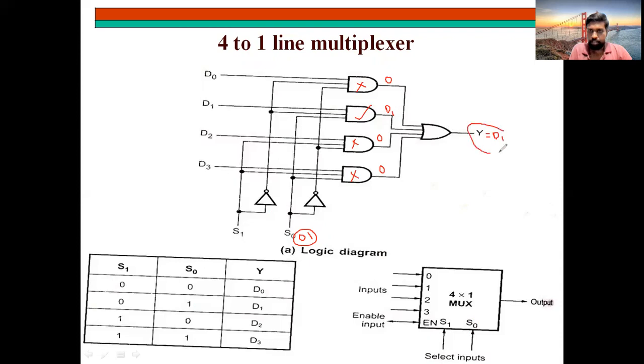Okay, that is the meaning here. Like that, for each and every instant of this S0 and S1, 1 among the 4 will be given like this. This is the block diagram, this is the logic diagram, this is the truth table. Very, very important. Please look over this. Okay, next,